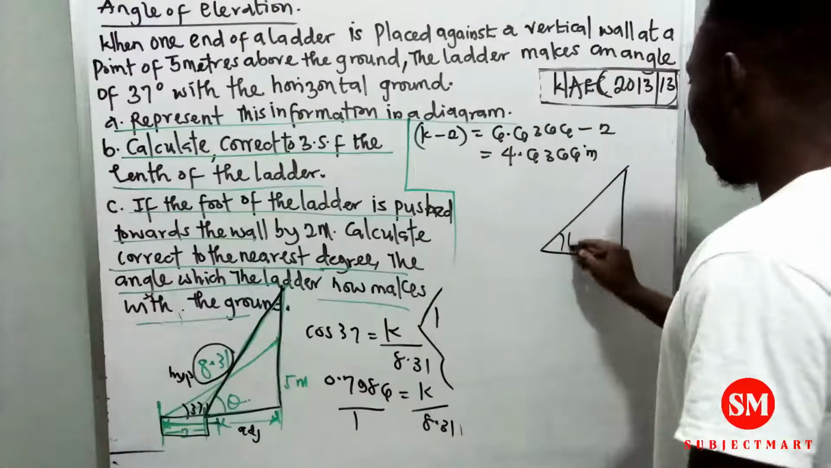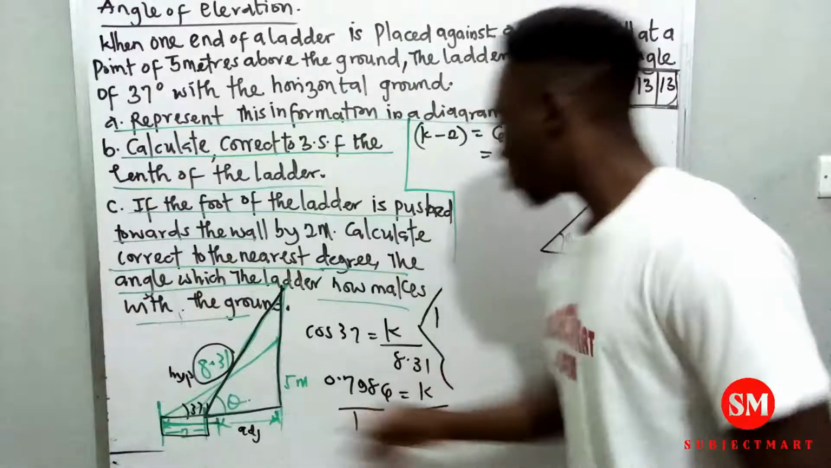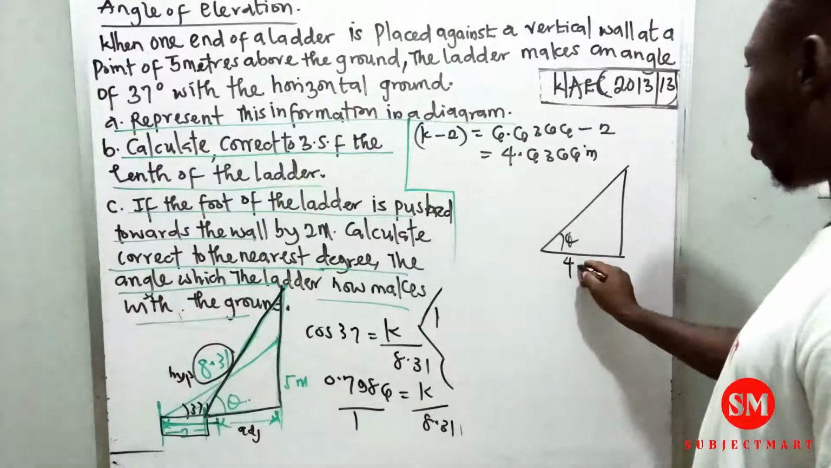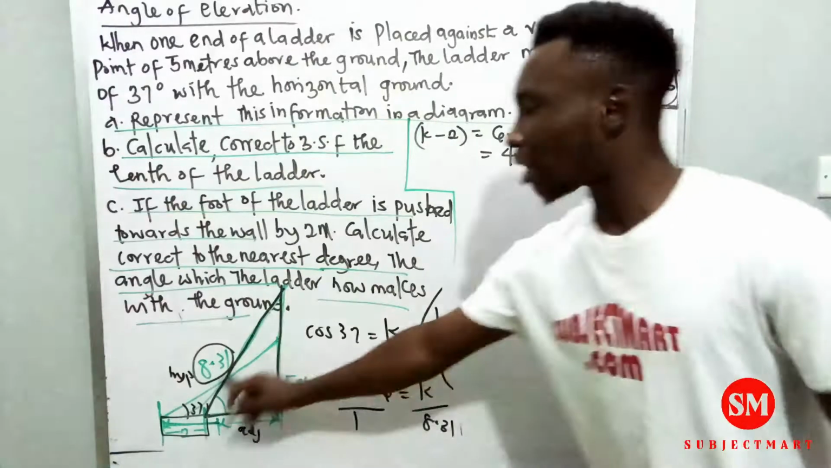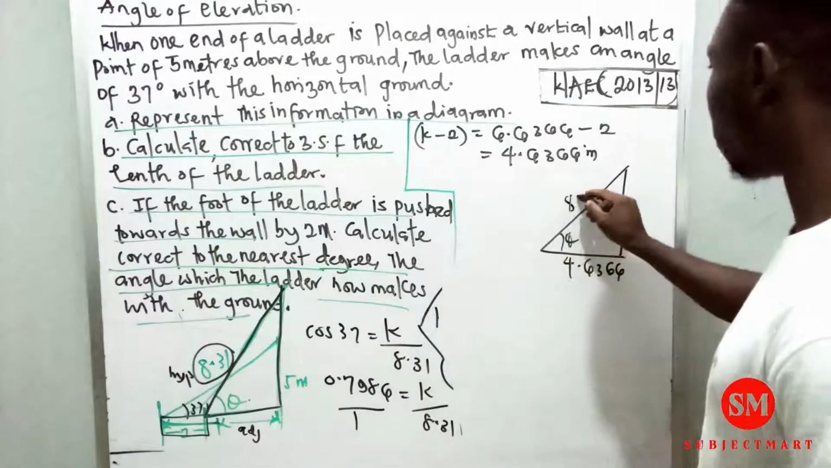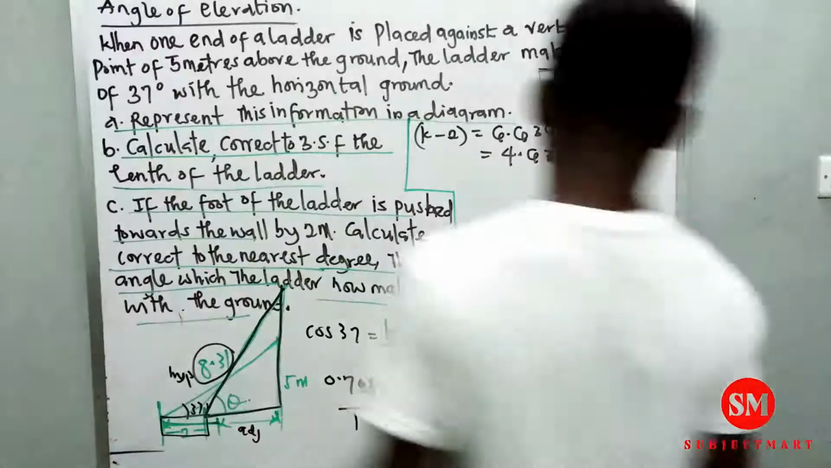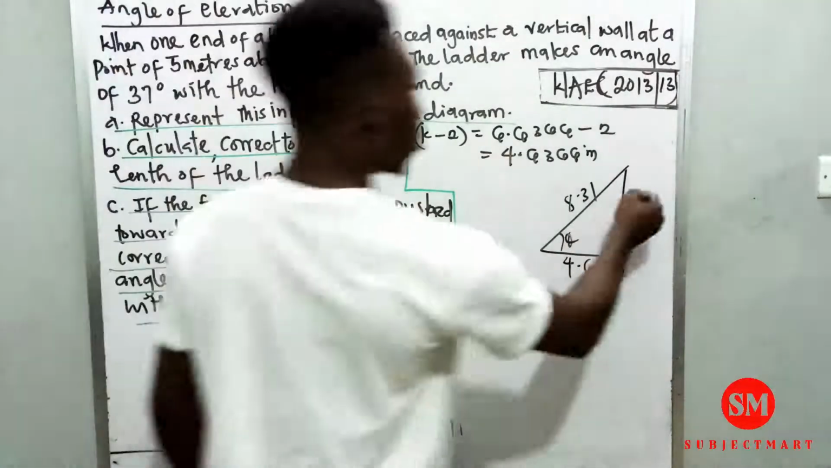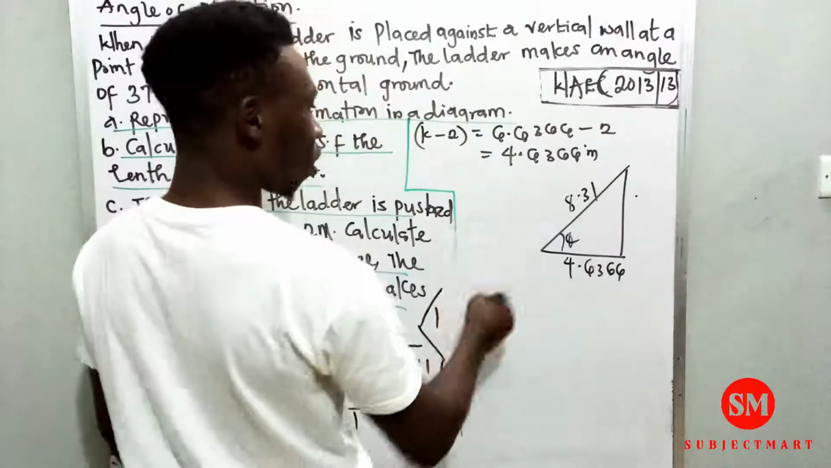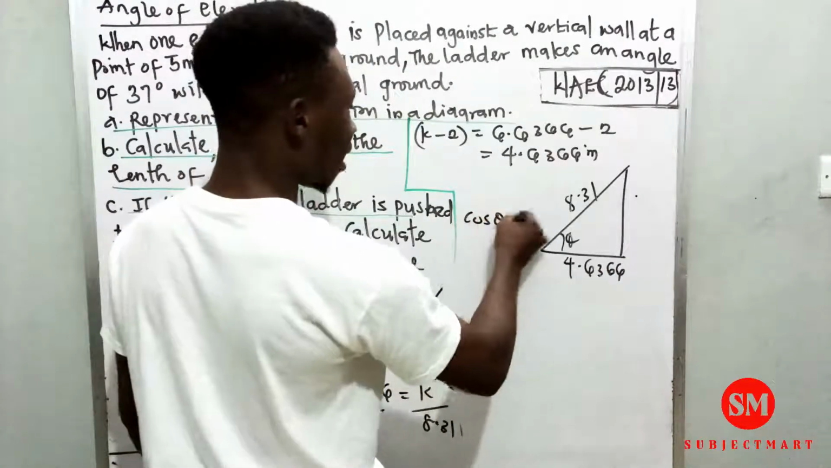Now we have here as theta. Now this position here is 4.6366. Now the length of our ladder is constant, which is 8.31. So at this position, what is the relation? This is our opposite. The relation here is what? Cos. So cos theta here is equal to